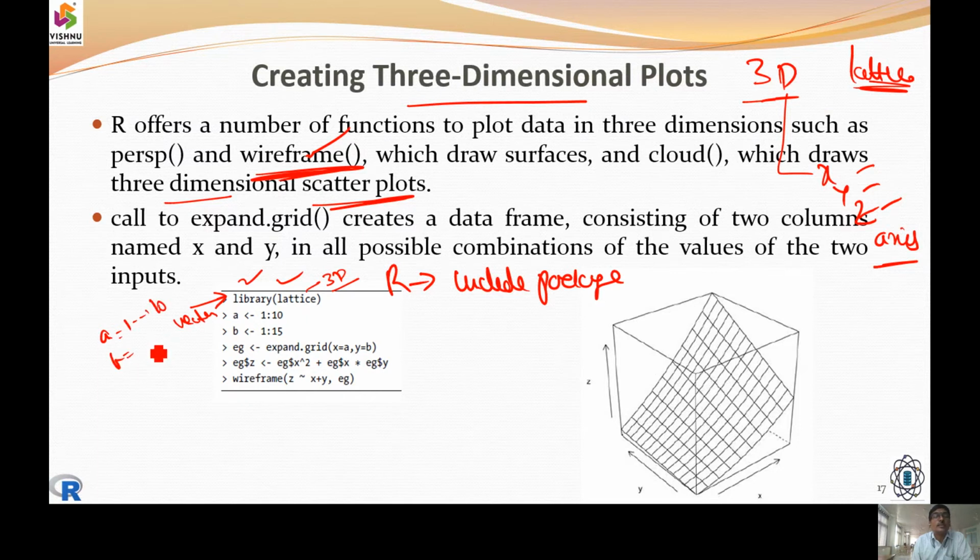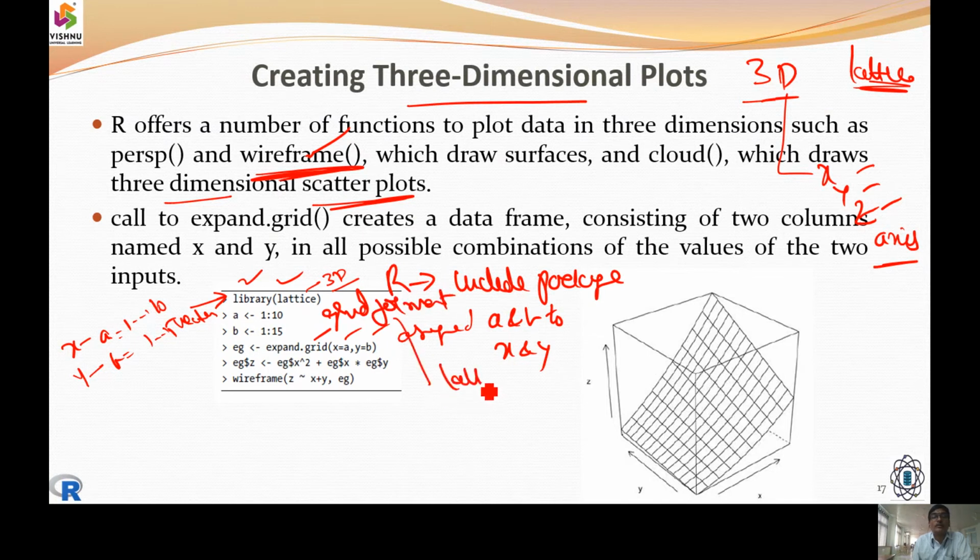B is a vector assigned with values from 1 to 15, and EG, as a variable name, is going to be assigned with a grid. Now X is called A and Y is called B. We assigned A and B to X and Y. Then we are expecting a grid format, or a lattice format.